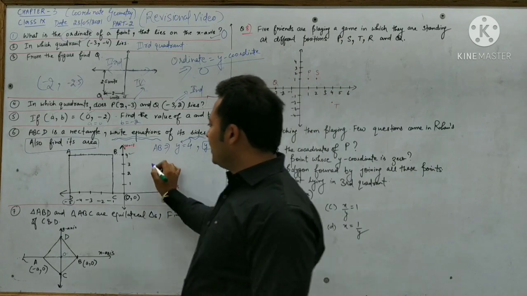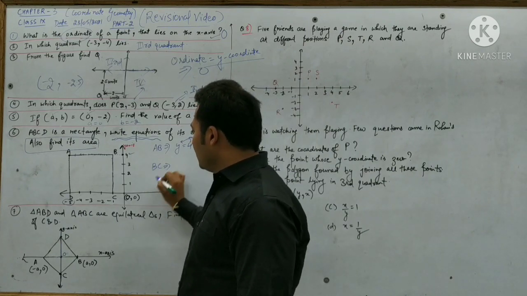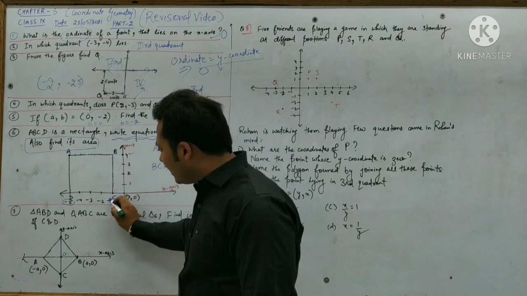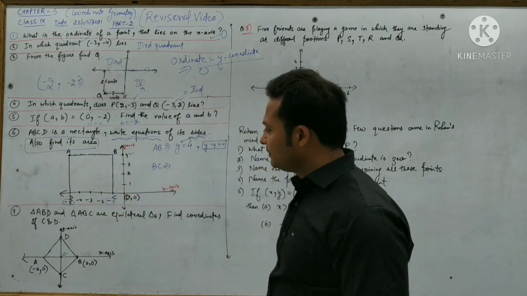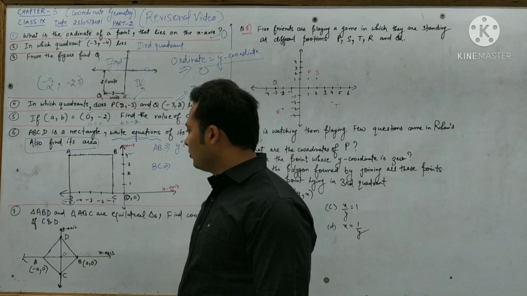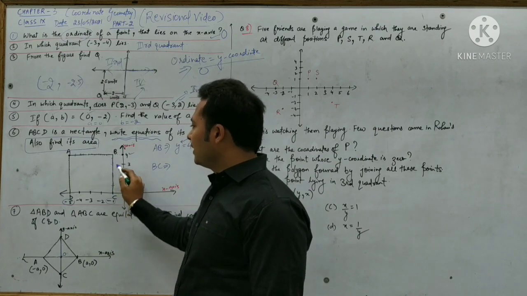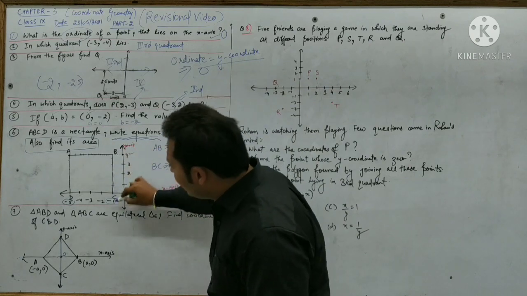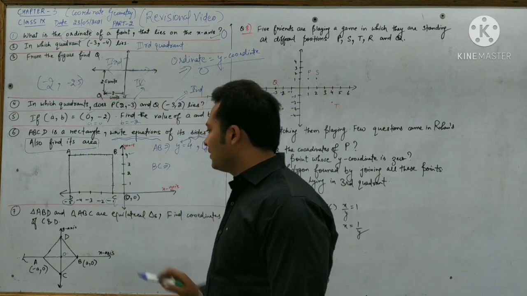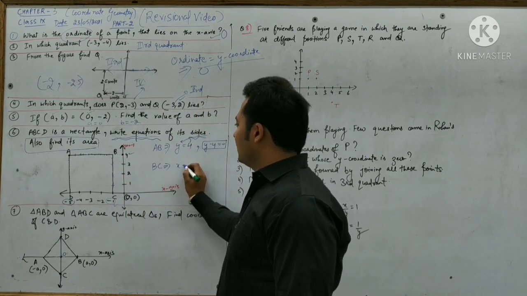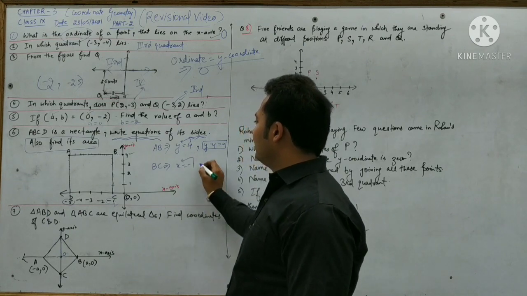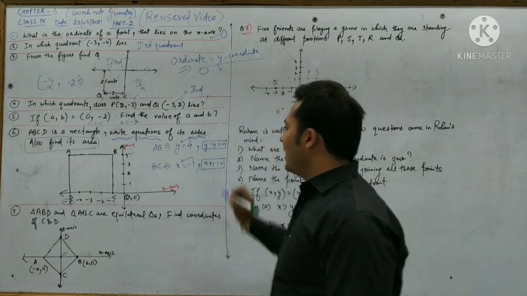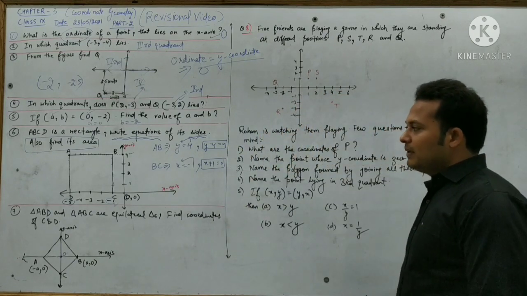Okay. See the equation of BC. All the points that lie on BC would have their abscissa equal to -1. It is (-1, 1), (-1, 2), (-1, 3), (-1, 4), and so all the points that lie on it would have their abscissa equal to -1. Take this -1 to the left-hand side. We will have x + 1 = 0 as the equation of BC.